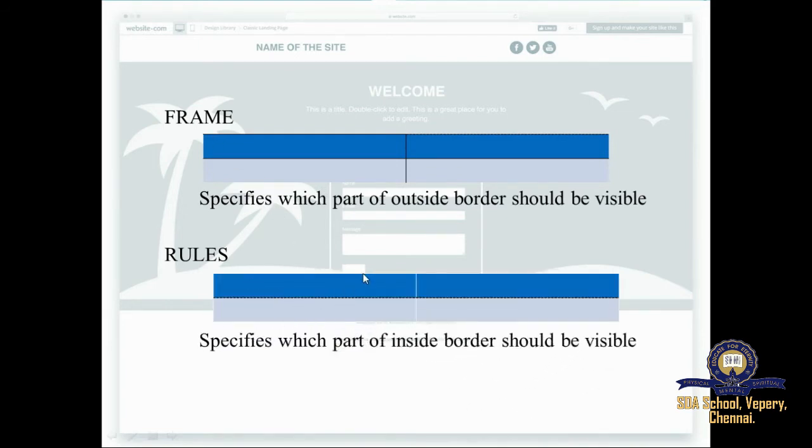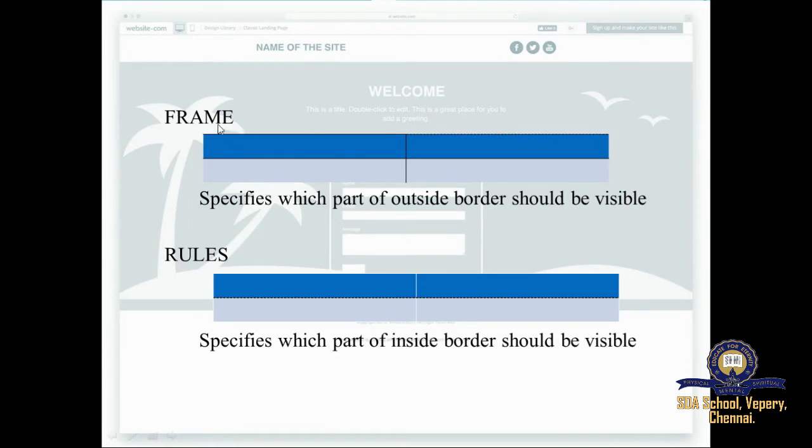But rules is the visibility of the borders inside the table. So the inside borders, that is the column or row lines, are specified using your rules. Okay. So frame and rules differ: frame is the outside of the table.